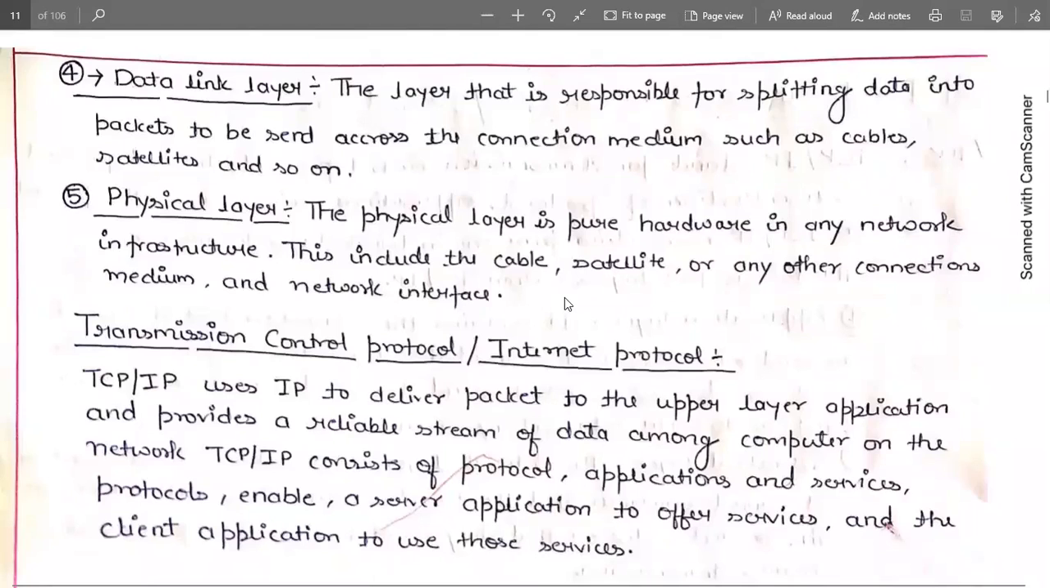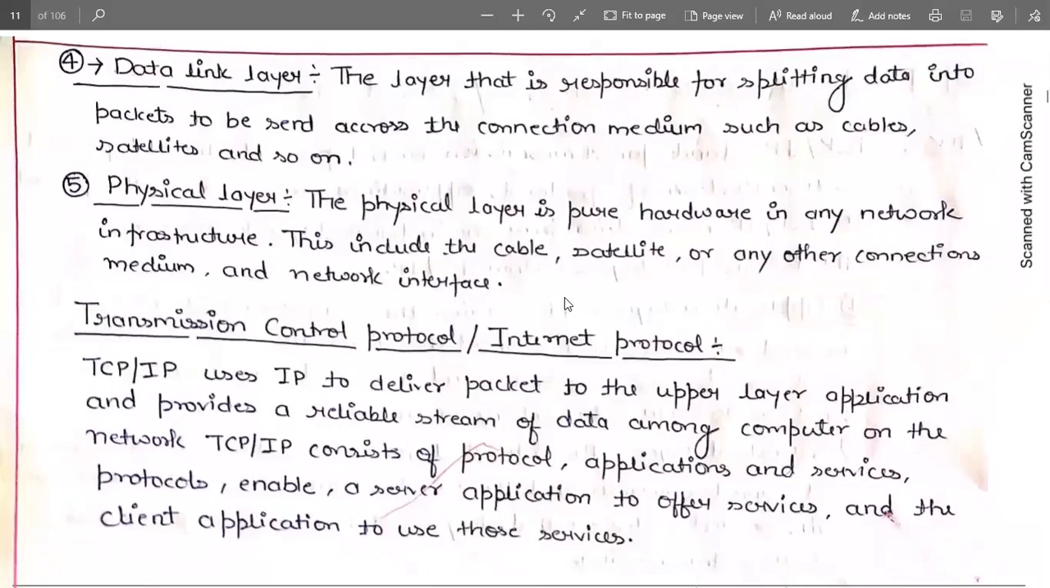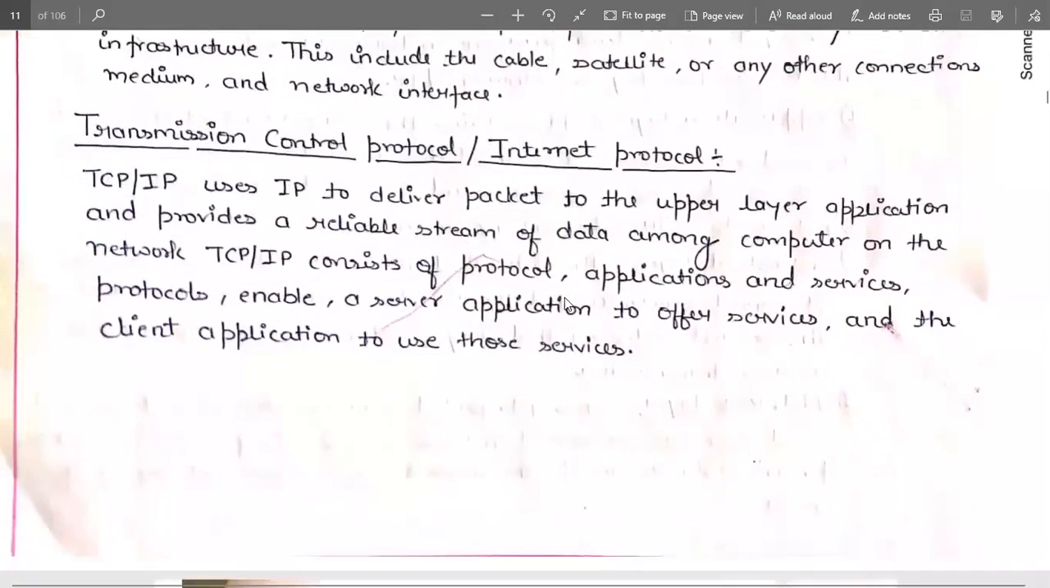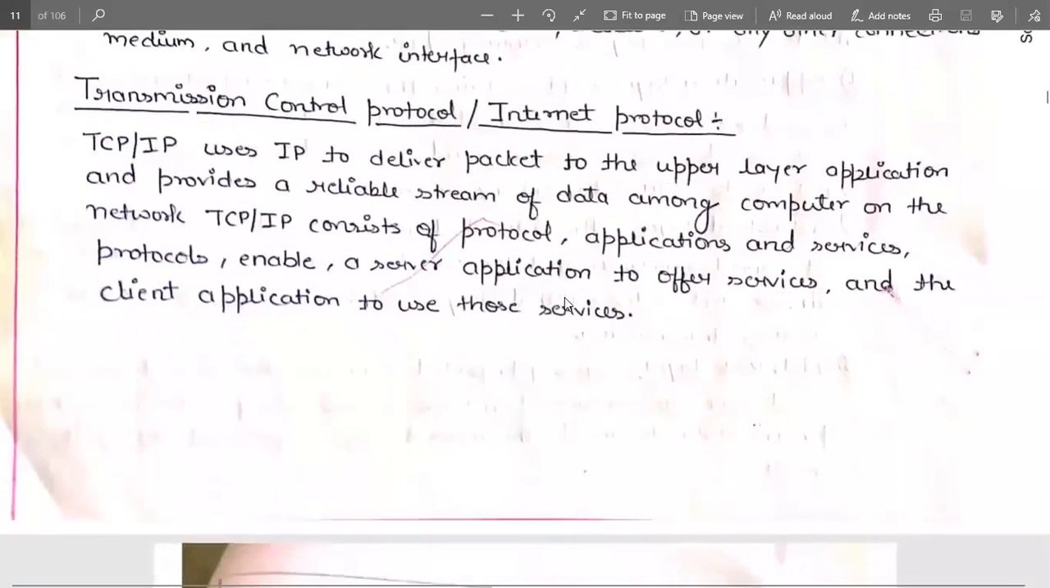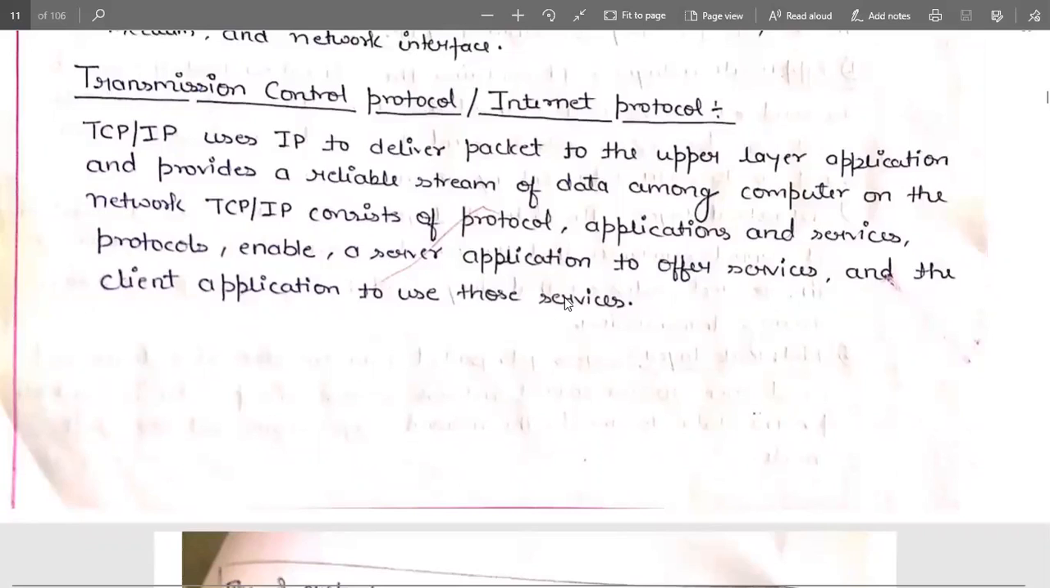At last, we have the physical layer. The physical layer connects network 1 to network 2, and both are connected and send data over there. So we can say TCP/IP uses IP to deliver data to the upper layer application and provide a reliable stream of